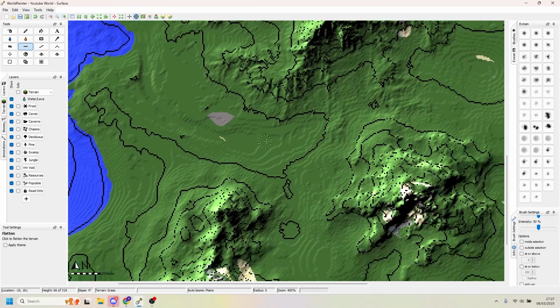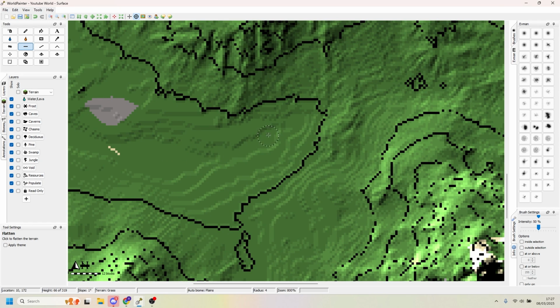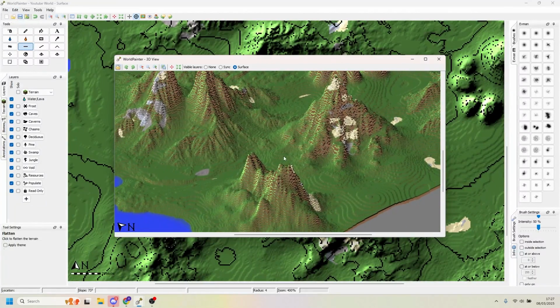Okay, so that's looking all right. I'll just do some more of the upstream here, because the upstream is where it gets a bit more tricky. Now let's just have a look at what it would actually look like. Okay, so you can see